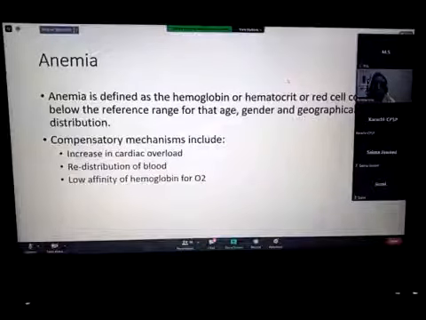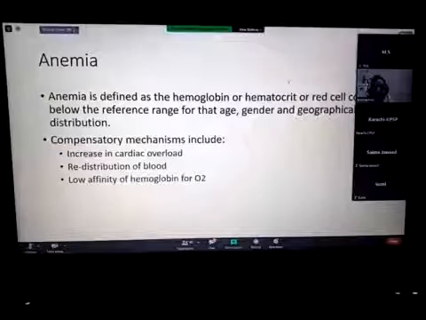So with this, I can come to the definition of anemia. Anemia is defined as a decrease in hemoglobin or hematocrit or red cell count below the reference range for age, gender, and geographical distribution. And what does that mean? According to the age, for example, neonates have a very high hemoglobin of 19, and if the hemoglobin is 13, they will be considered anemic. But if it is an adult patient with a hemoglobin of 13 gram,